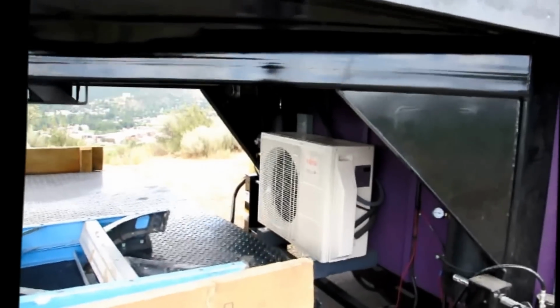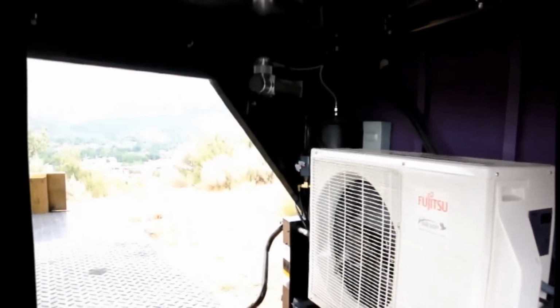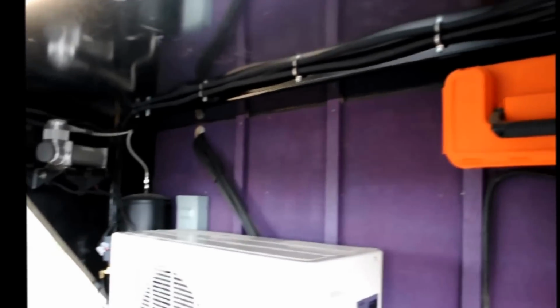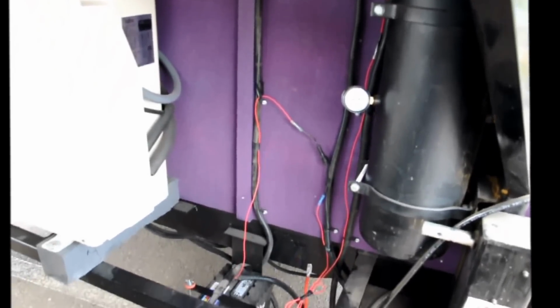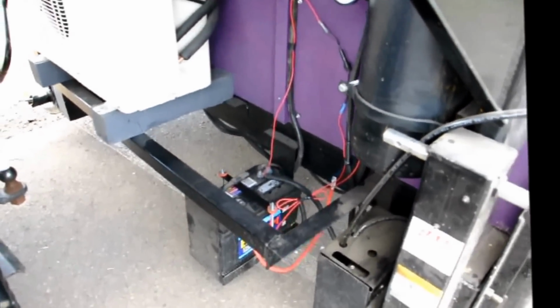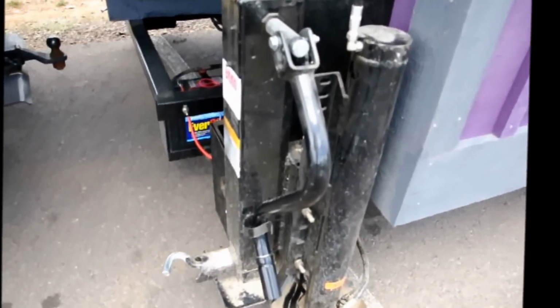You see the mini split on its own little mount. You'll see up in the corner there, that is the compressor. These black tanks are the tanks for the air ride suspension, the reserve tanks. That little orange box is a control system for a Bigfoot 6-point automatic leveling system that we installed on this